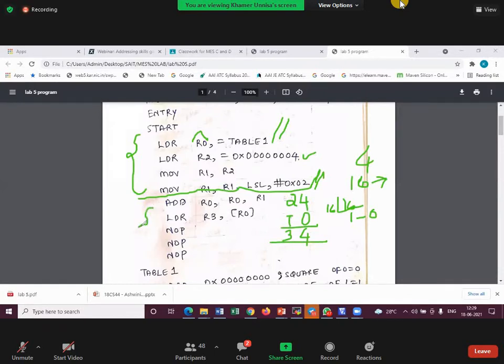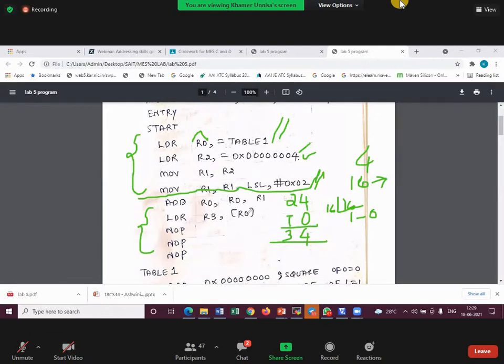Second part is I'm trying to generate the address in the hexa format. Okay, all these comments are there in the program. Don't have to worry about it. So here in the second operation, from the add operation, what I'm trying to do is generate the address, because I know what is the square of the 4. It is 16, right? So 16 is a decimal value, correct? Whatever it is, my square of the number 4 is present in some particular address of your table 1. So I want to find out which address it is present. So this is the logic.